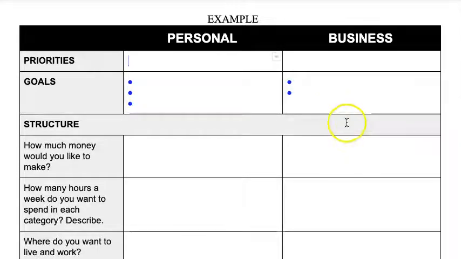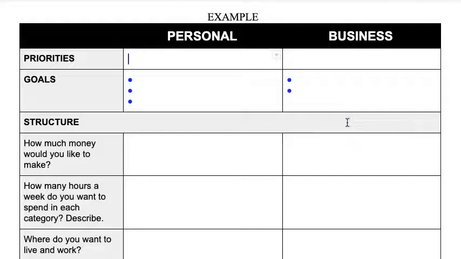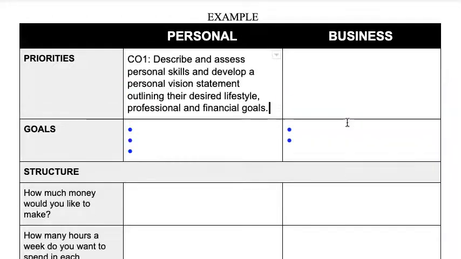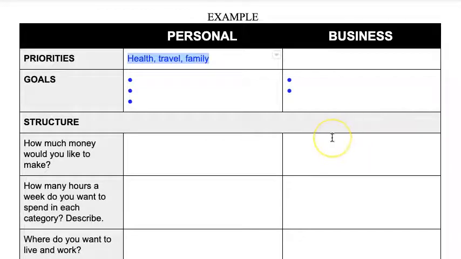So let's go through this activity. The first thing is priorities. Excuse me. I'm going to give you an example here. This was me, I'm Matteo, and I have this life, so imagine it's not me, but my alter ego Matteo. My priorities might be health, travel, and family are the most important things to me. So I just list the things that are most important to me. You don't have to do very many of them. 3 is good. 5 is probably getting to the point where it's too much. It's not everything that is important to you, it's the things that are most important to you. Okay, and try to list them in order as well.